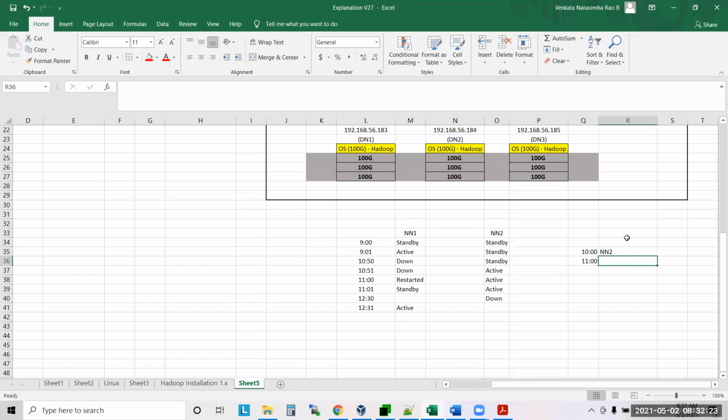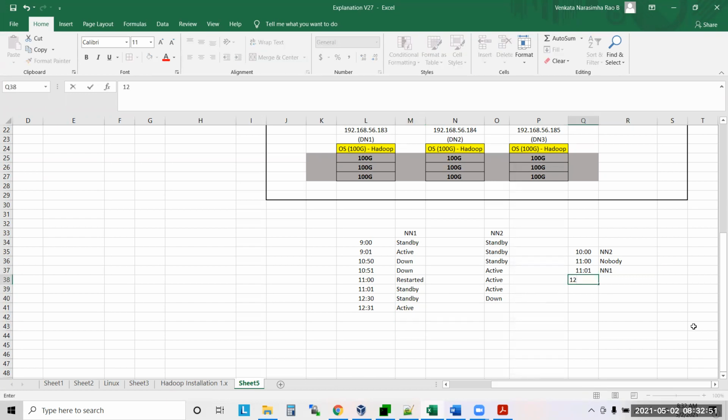No. Nobody is standby at 11 o'clock. Now at 11:01, who will do it? Name node 1 was restarted at 11:01, so NN1. Whoever is standby at that time, that guy will take care of the checkpoint. Now the 12 o'clock checkpoint.